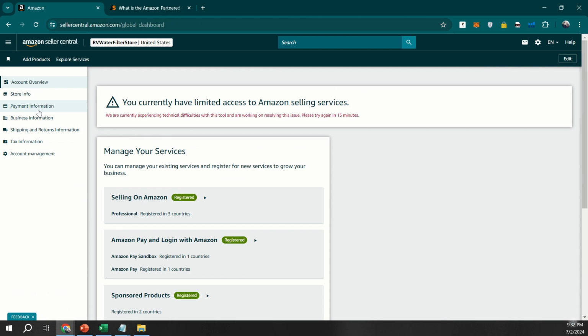Enter your bank account information, including the account holder's name, bank name, account number, and routing number. Double-check the information to make sure it's accurate. Once you've entered all the details, click Submit. Amazon will verify your bank account, which might take a few days. During this period, make sure to check your bank account for any small deposits from Amazon, which you'll need to